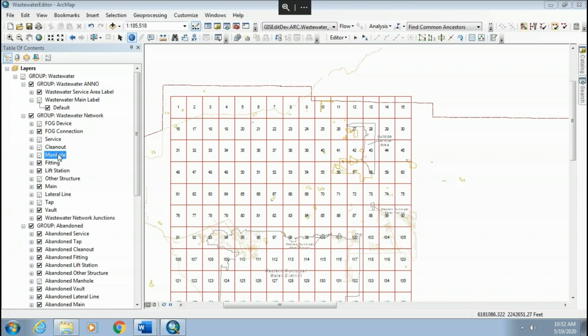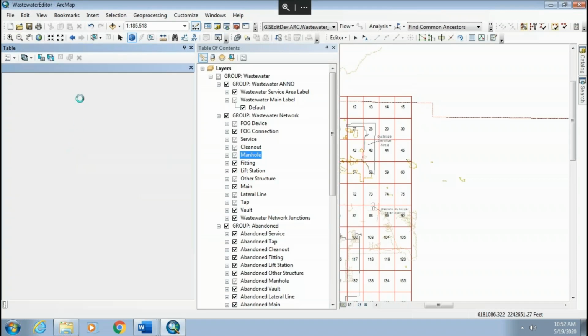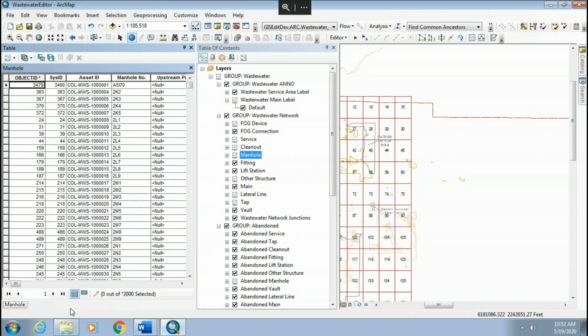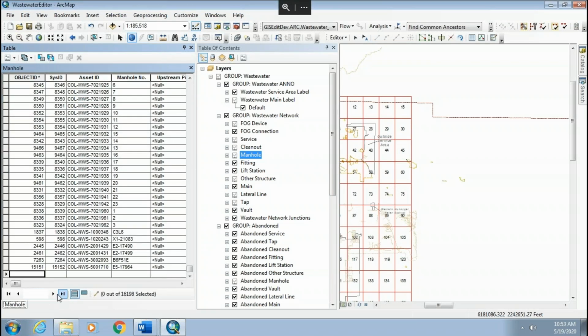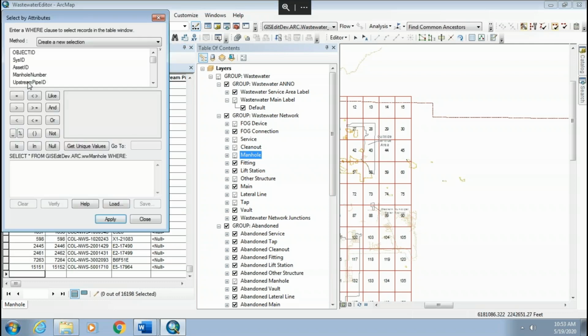So you will of course find the manhole feature class, right? And then you right click and open the attribute table, right? And then we have a query. It's my practice to just hit that button. So you can select by attributes. And this is called a query, right? These are the fields that are listed over here, those are like the basics, right? So you have created by